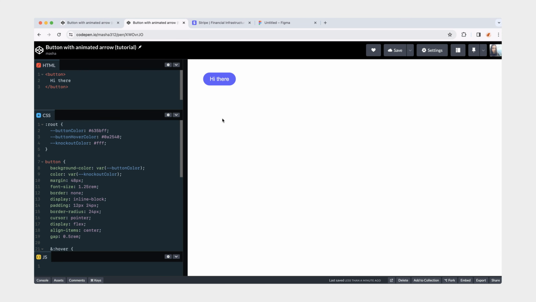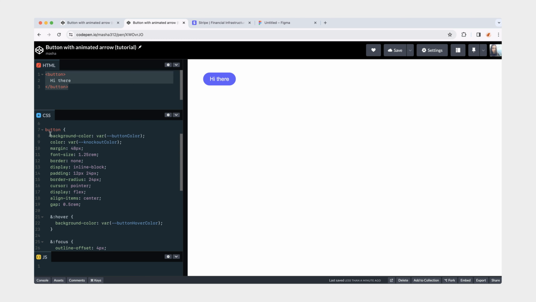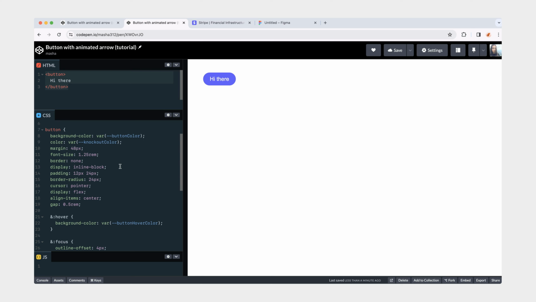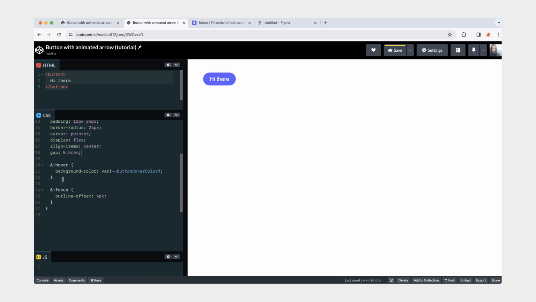To get started, I do have a CodePen here. We already have some of the buttons set up. I will link this blank file in the description if you want to follow along. But what I have here is a little bit of HTML, just the button, and then a little bit of styles. So style for the background color, some margin for CodePen purposes only, so it's not super close to the edge. Font size, I will be making this button bigger than what's on the landing page, so it's easier to see. And then some padding, border radius. I actually don't need this here. And then for hover, we have a color change, and then on focus, I added a little bit of offset so it's easier to see the focus state.